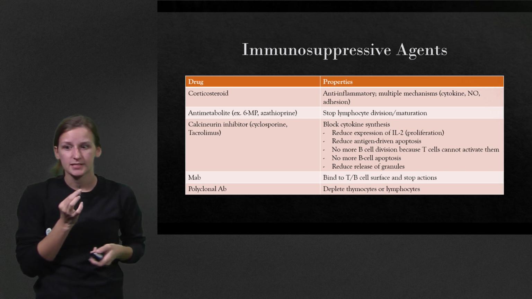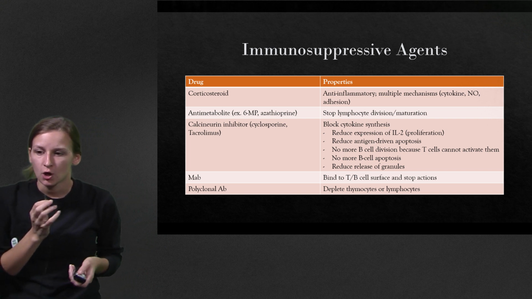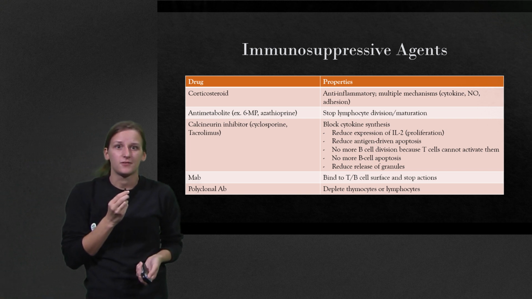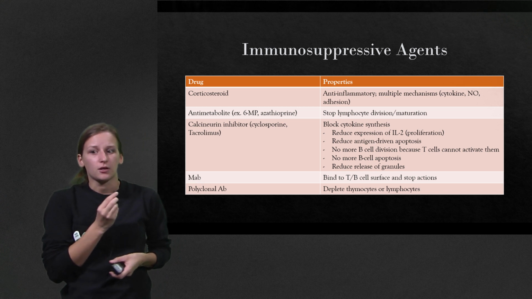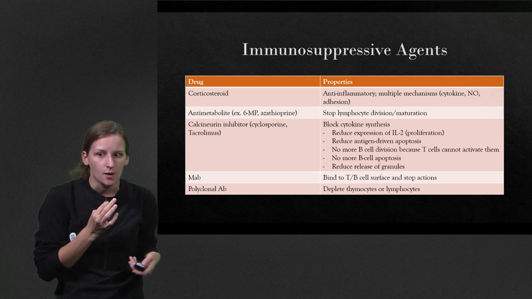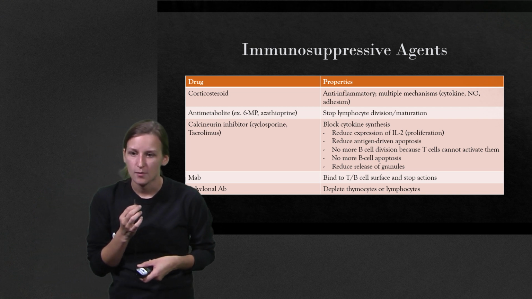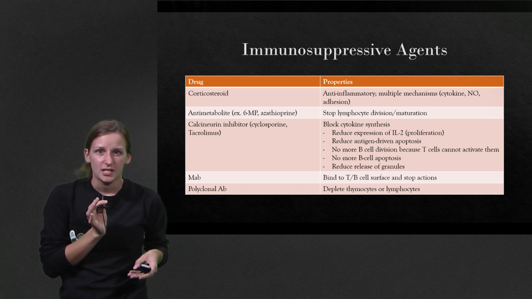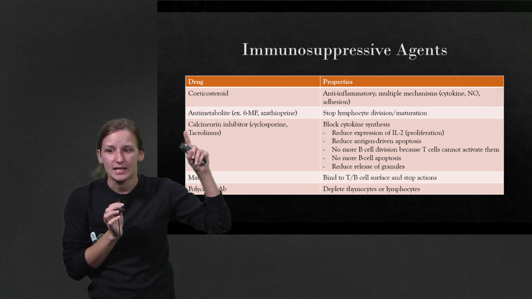And then here's a list of the immunosuppressive agents. Corticosteroids are in general anti-inflammatory, so you can use those orally or, remember for type 1 hypersensitivity, topically. Antimetabolites will stop lymphocytes from multiplying because they're messing with DNA synthesis